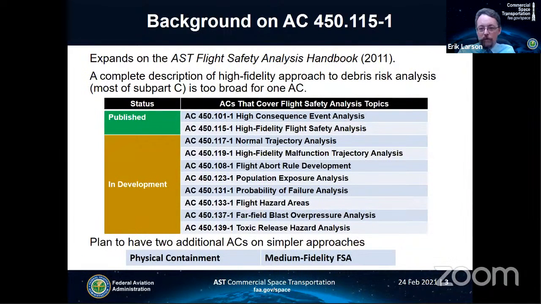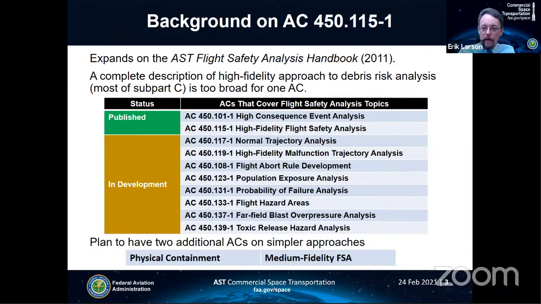So you've so far seen 3 advisory circulars that have been published. 2 of them have to do with flight safety analysis, the high consequence event analysis, which is for section 101, and then this one, the high fidelity flight safety analysis. But there's actually a number of other ACs that are in development and will be published in the upcoming times. So there's one on normal trajectory analysis corresponding to section 117, one on high fidelity malfunction trajectory analysis covering section 119, one specifically on flight abort rule development, how to develop the rules for flight termination, and that's